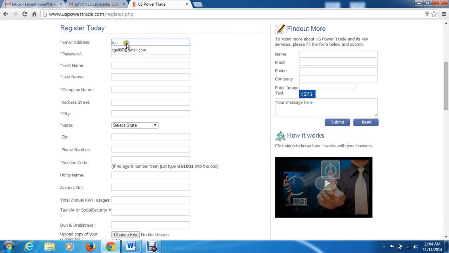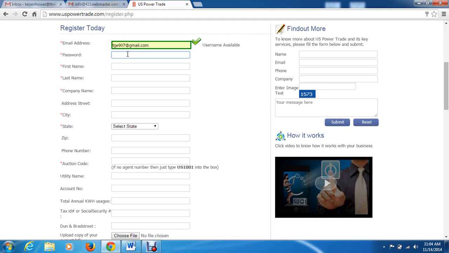You put your email address. It'll let you know if it's a valid email address or not. That one is, obviously. Create a password. I'm just creating 1234 for this demonstration. Then you just start adding your name, your last name, and you follow the line the whole way down the line. I'm just going to call my company TGE Advertising, my street address,